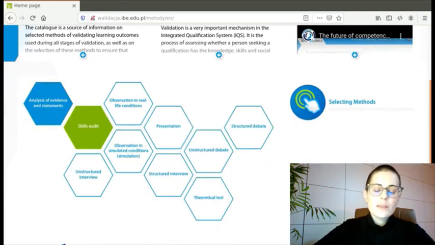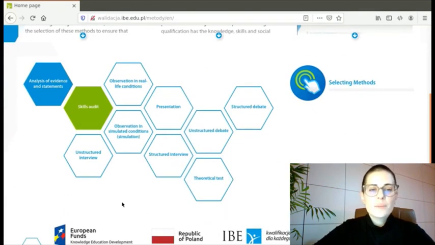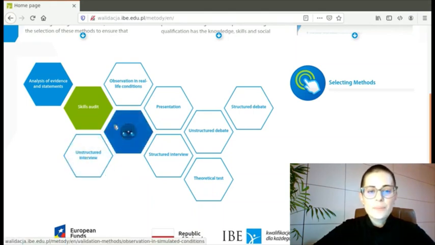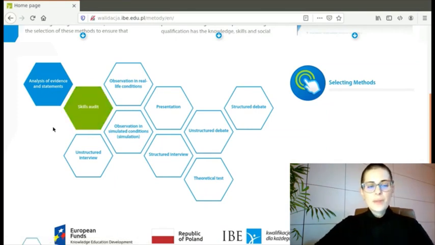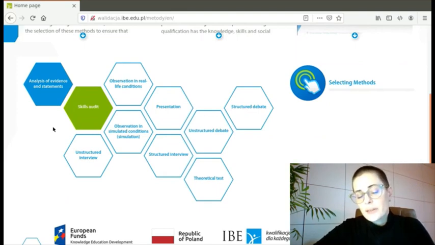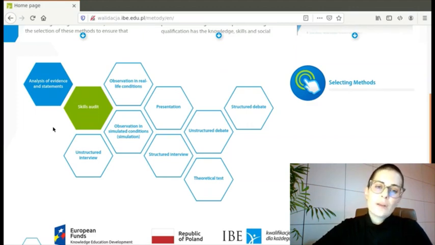But surely the main star of the homepage are the 10 methods that we distinguish in our typology of methods. And they are presented here in the form of honeycomb-shaped buttons, and each button is clickable. So what are these methods? Firstly, we have the analysis of evidence and statements, which is often also called the portfolio method, as I called it already before. There is also the skills audit method, which is a complex method in Poland, mostly used